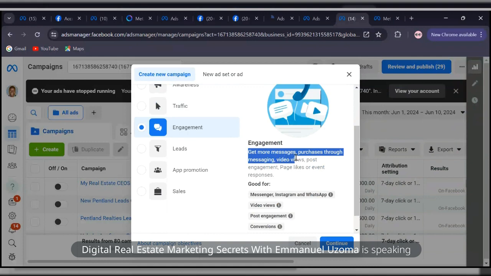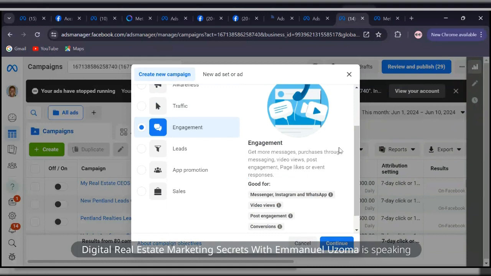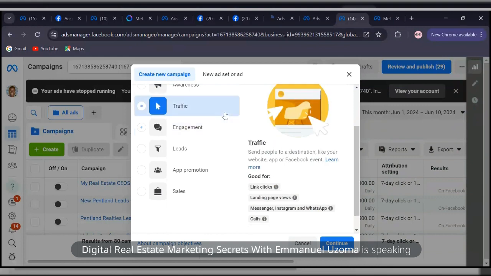Or you want to get more video views. You want more people to watch your videos. You want them to comment on videos, or you want them to like the page. If you want to get more followers for your page, you can use this one. So that's what engagement is for. Then this traffic, you can still use it